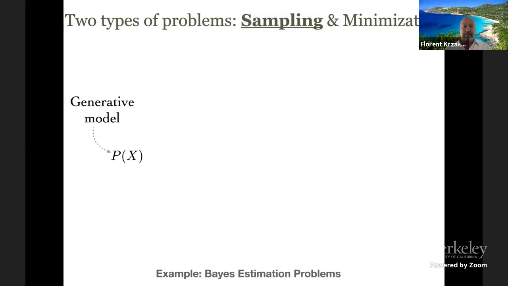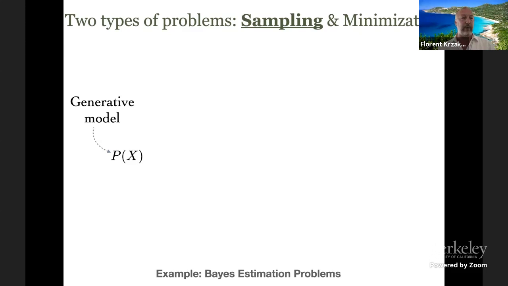Okay, so there are 2 types of problems that I will be discussing. For both of them, I will try to use statistical physics techniques and avoid as much as possible statistical physics jargon. But I also want to introduce you to the jargon because this is, after all, what you will find in articles, so it might be useful. Anyway, sampling. Some of the problems you can study with this technique are sampling problems, and for instance, Bayes estimation problems. That will be something that will appear a lot in this set of lectures.